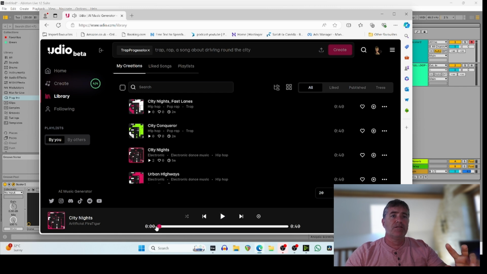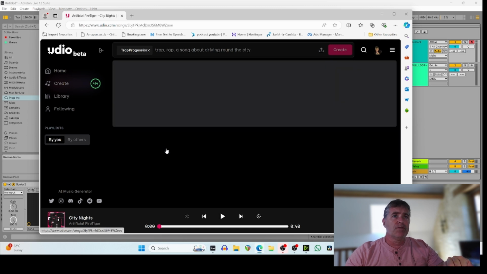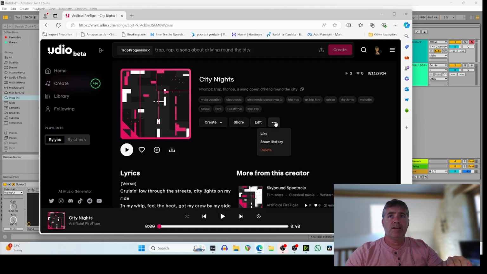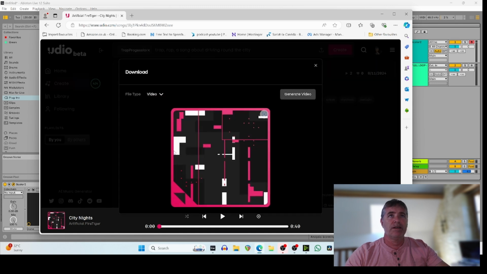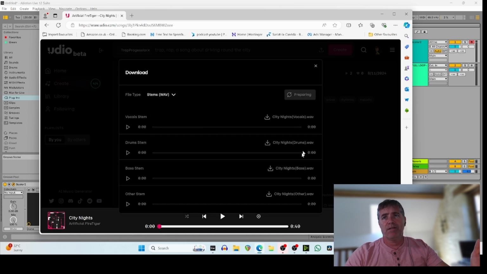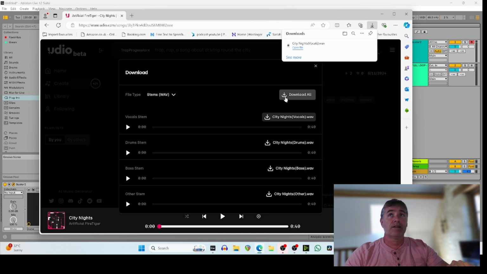So I think probably this one is the one I'm going to use and show you how to get the vocals out of here. So what you can do is click on to here and these 3 dots. You can see a download option here, and you can actually choose stems, and it will have all the different stems. So if we're only interested in the bass that it's created or the drums... in this case we're only interested in the vocals, so we'll get our vocals down. So we'll download that and open that file location,